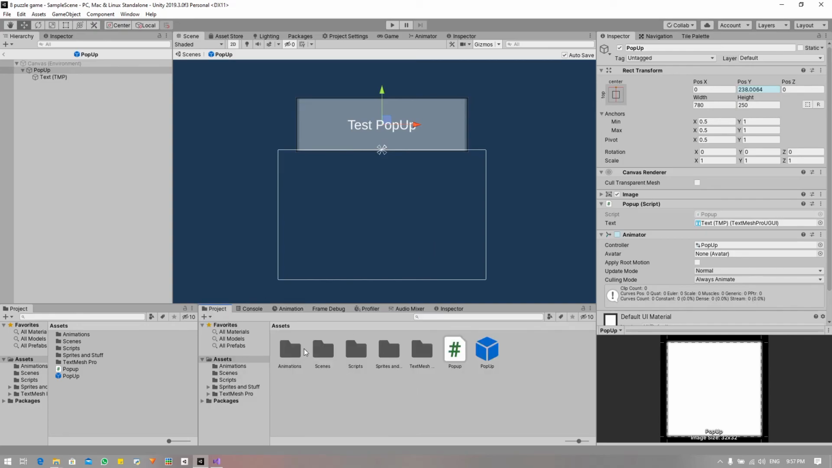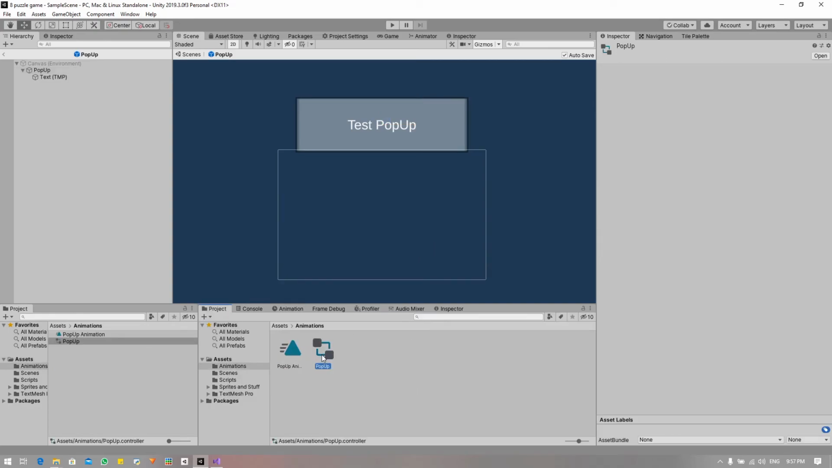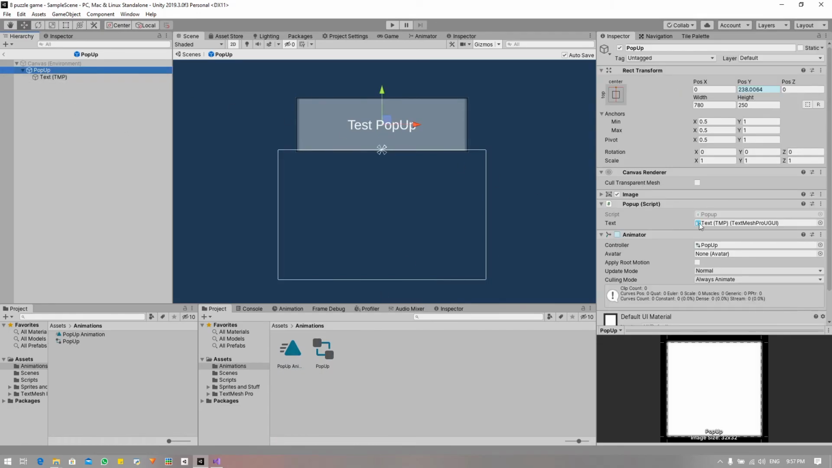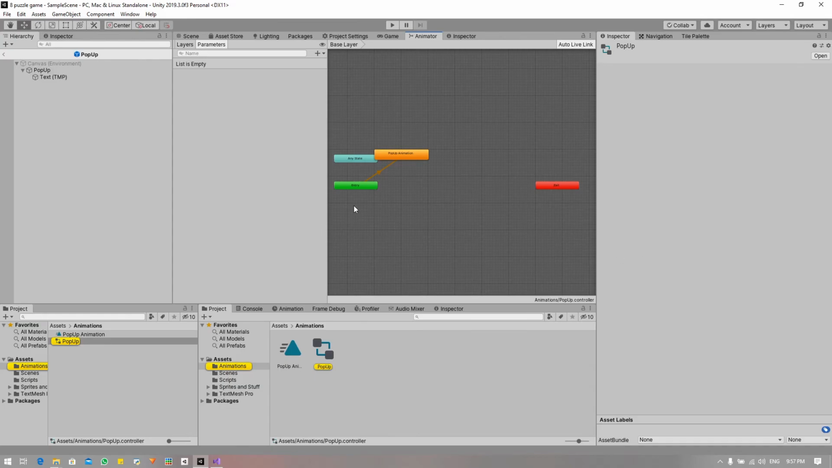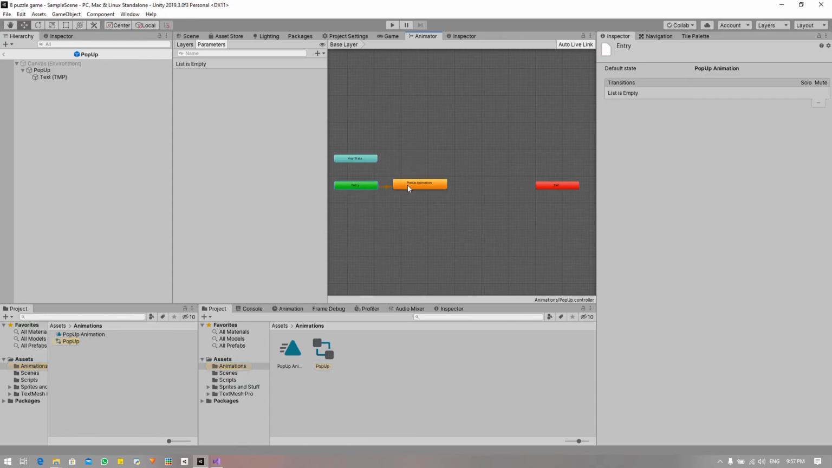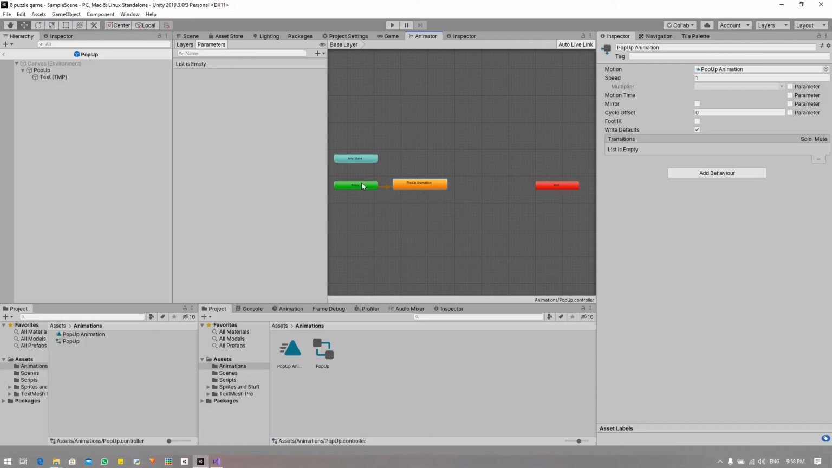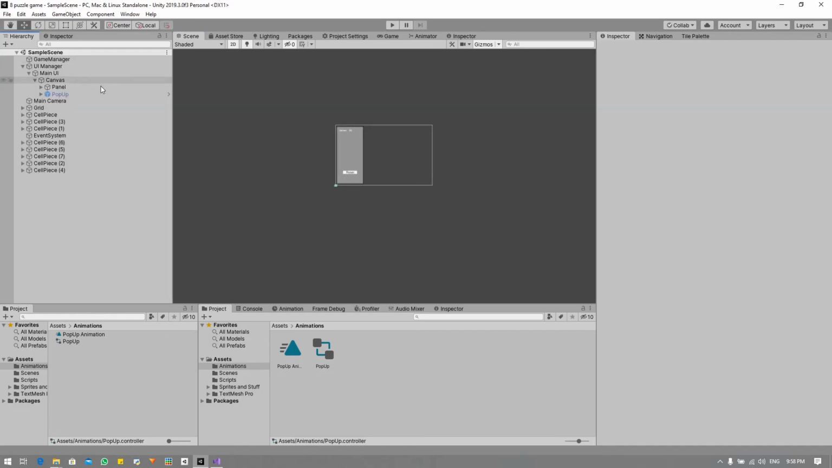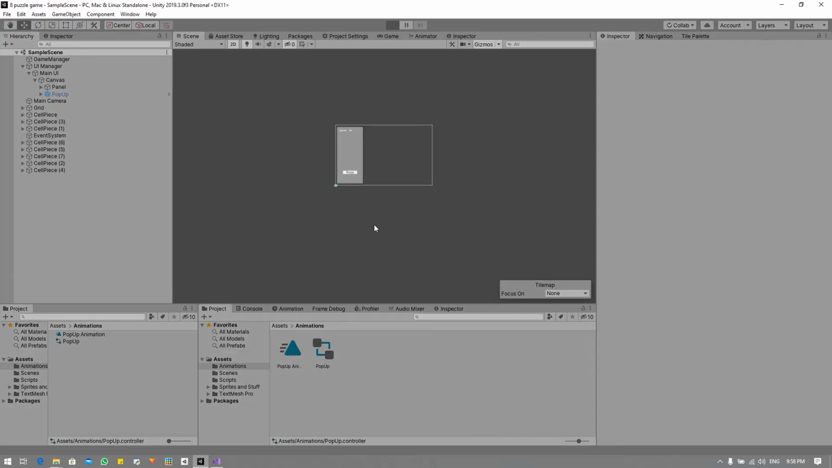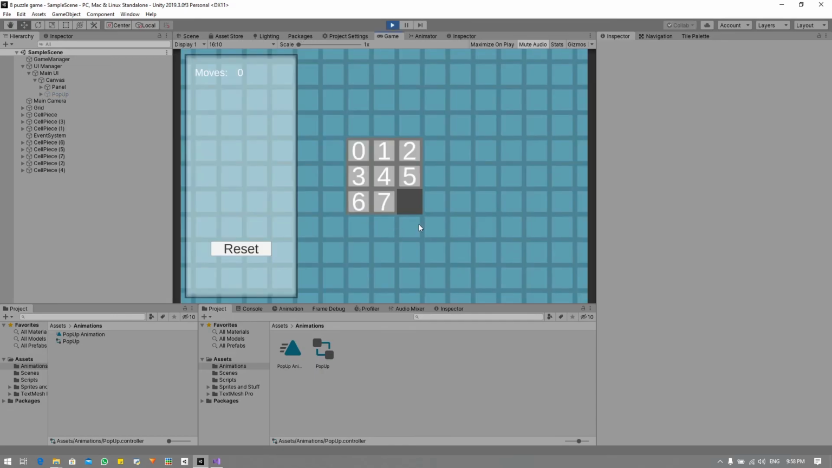So if I go to project in our animations and our pop-up animation, on our pop-up here, we should have an animator. And if we go into there, if we click on pop-up animation, entry, we go into the pop-up animation. That should work just fine. So if I go out of that mode and I play, so theoretically what will happen now is as soon as we spawn a pop-up, it should move off the screen. And that is exactly what happens. And after 5 seconds,